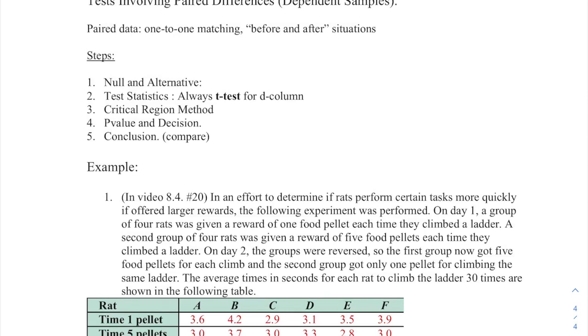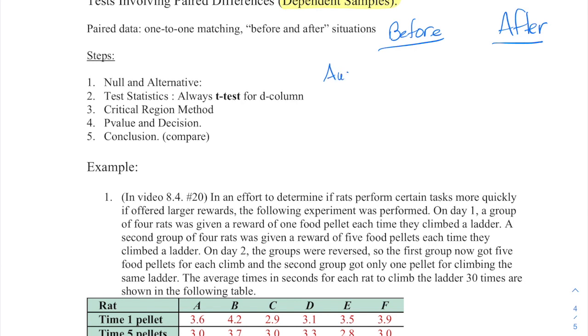Okay, and the second part of chapter 10, we're doing testing involving paired differences. So this is when we have two samples, but they're dependent samples, okay? Meaning there's some relation between the two samples. Oftentimes we can do before or after. So for example, if we take our heart rate before we exercise, and then we take it again after we exercise,